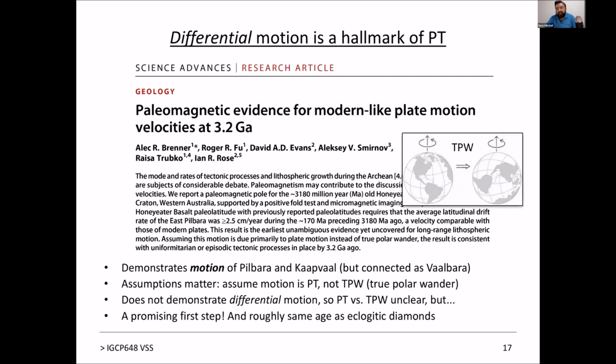During my thesis, we proved that for the supercontinent Columbia. We haven't proven that for this age yet, but to their credit, the authors point out it could be plate motion if we assume that the paleomagnetic motion is plate motion, or it could be true polar wander, which is not relative motion, but wholesale motion. And my little cartoon depicts what TPW is. So, plate motion versus TPW, a little bit unclear, but a first promising step. And if their assumption is right, that it's plate motion, it's interestingly around the same age as the eclogitic diamonds